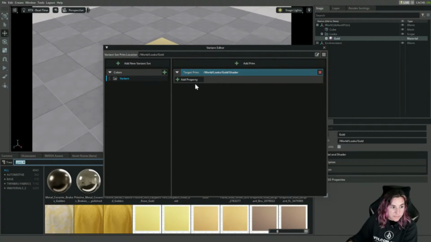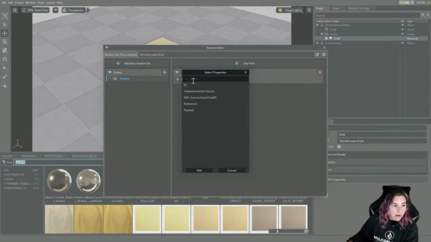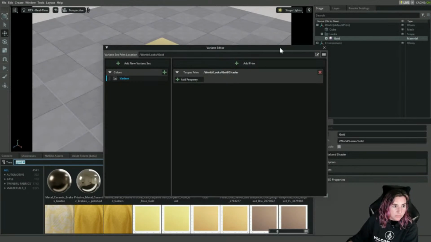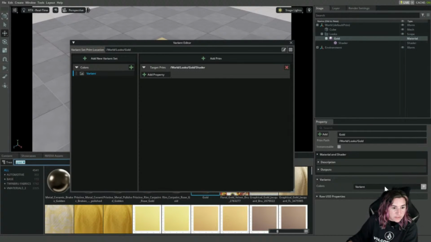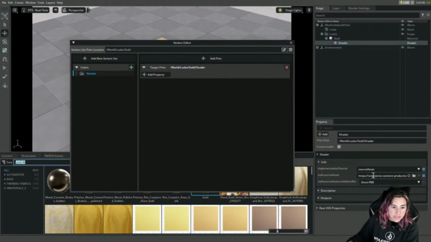If you remember from that live stream, we're editing the shader. And when we're editing the shader, we are, oh Lord. Is this shader special? Oh shoot. This shader is a payload. It's pointed in from some source asset. I don't think we can use it. Darn. You know what? So the reason that we can't use this is because it's pulling in from